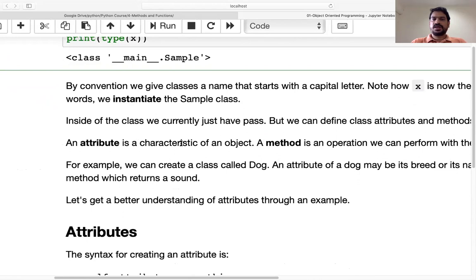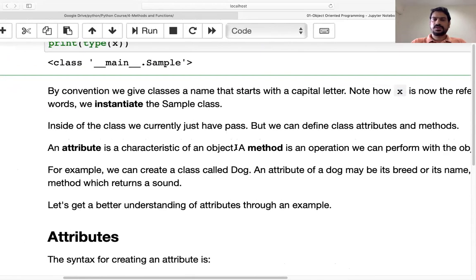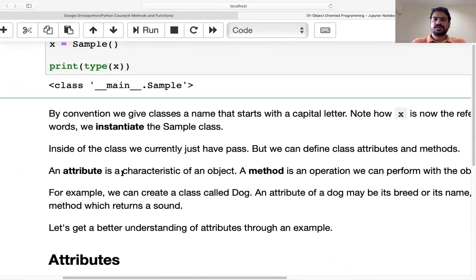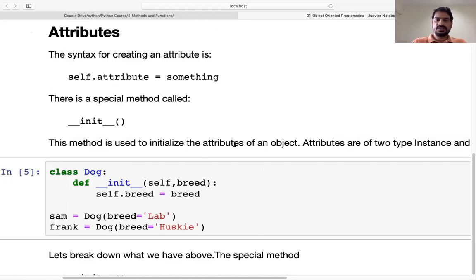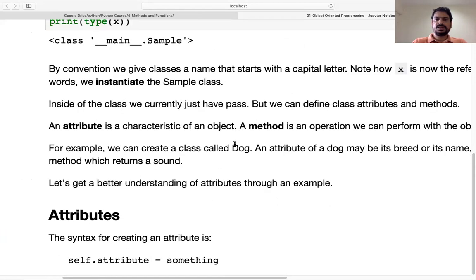An attribute is a characteristic of the object. So what is an attribute? An attribute is nothing but the characteristic of that object that we have to define. As I told you, any problem we consider as an object, and we'll try to write the program for that particular object.